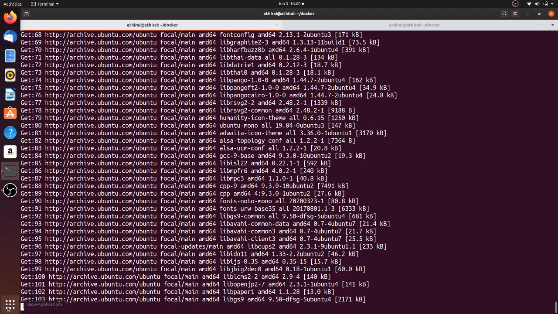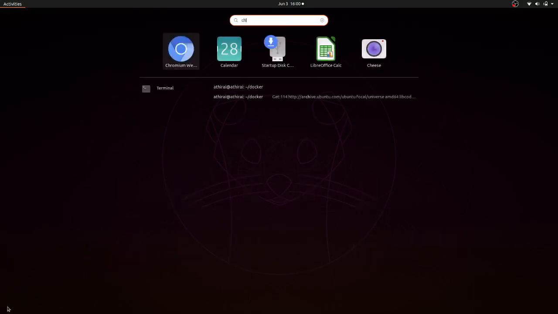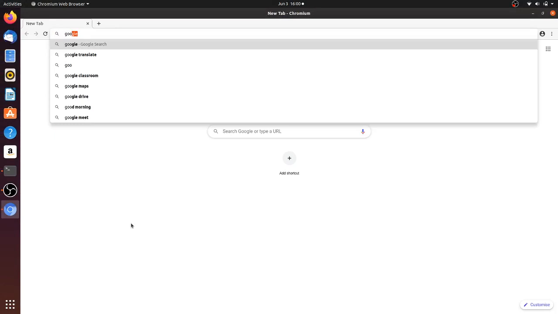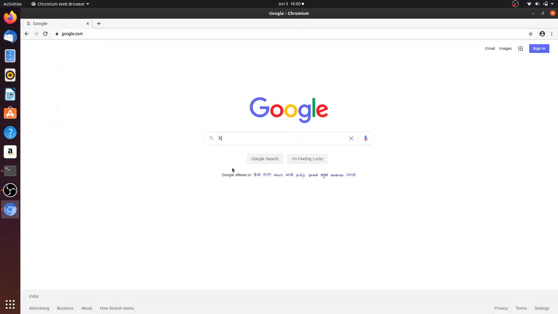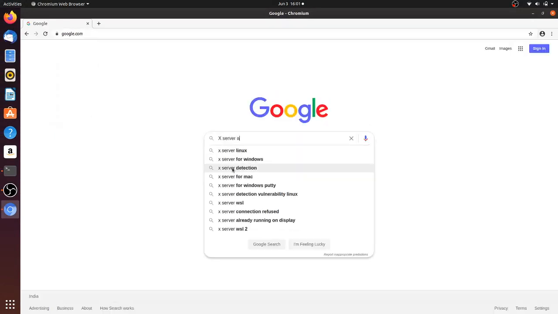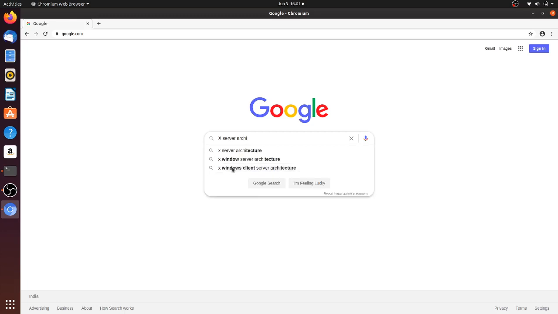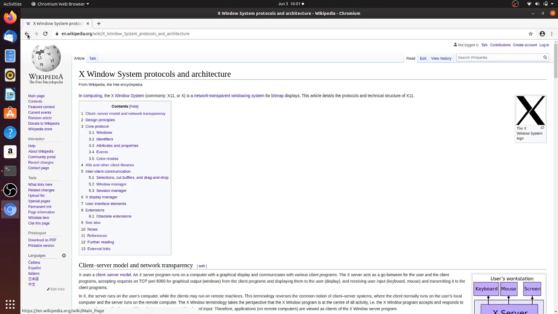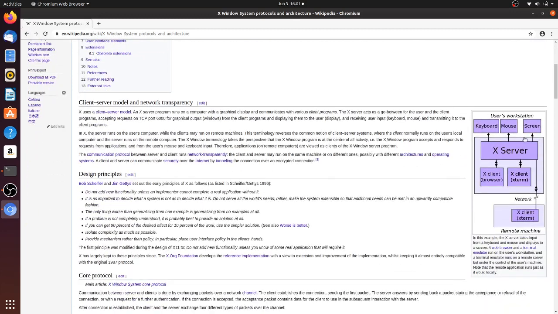To understand how it works, we need to understand what is X server. I will quickly show you the X architecture in the wiki page. So this is the architecture of X, how X works.